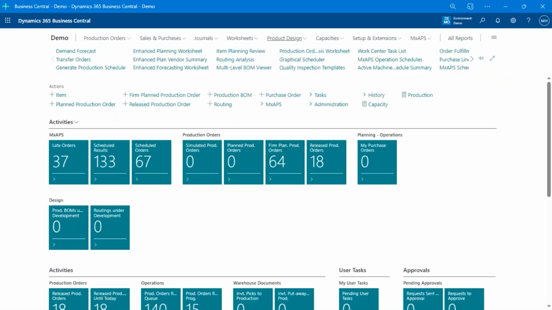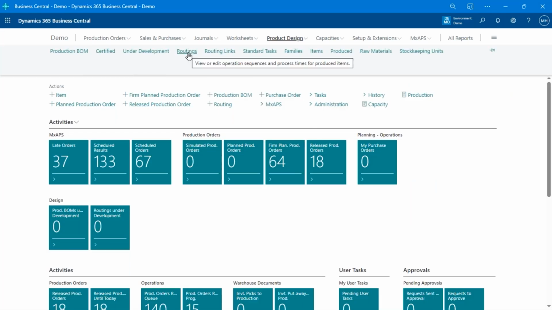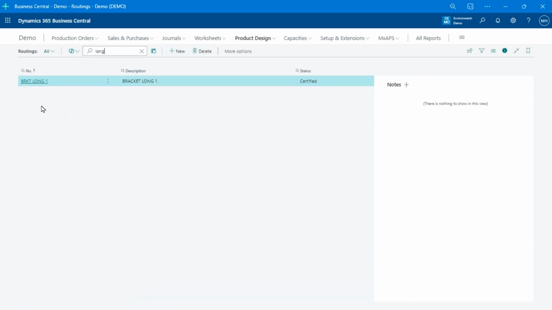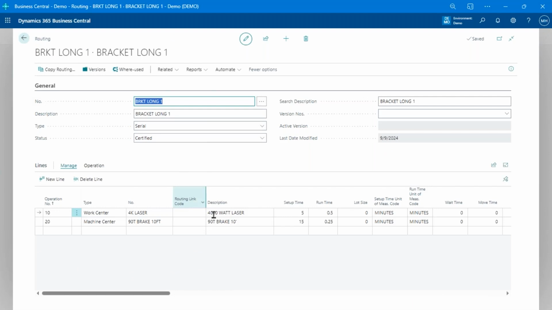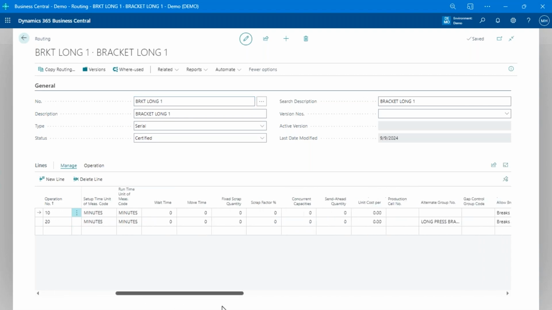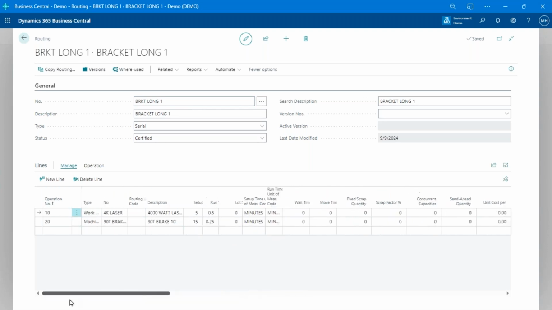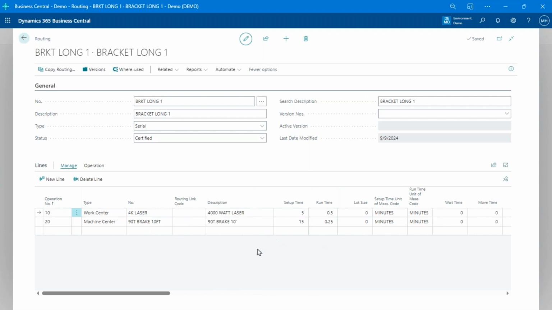Now, what I'll do is I'm just going to go into the routings here real quick and show you a couple of things, just to show you what that looks like. So for this particular component that we're manufacturing, it has these two work centers and machine centers on it. So again, laser cutter, we don't care which laser cutter you use, so it's scheduled to the work center. The machine center here, again, we said this is our preferred machine. And if I scroll over here, everything up to about this point is all standard Business Central, right? So if you've got your routing set up in a reasonable way, that should work just fine with MX.